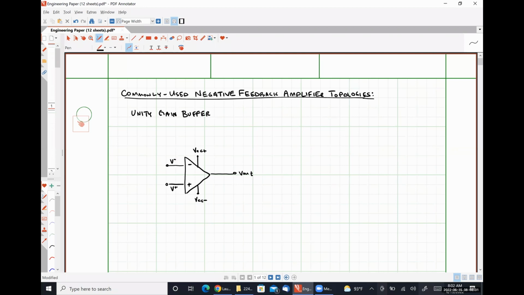Because this is a negative feedback amplifier, we're going to connect our inverting input terminal to our output terminal. And for a unity gain buffer, we do that with simply a wire. We are going to apply our input voltage Vn directly to the non-inverting input terminal. Okay. And now we're going to do our analysis to determine how this circuit behaves, and we're